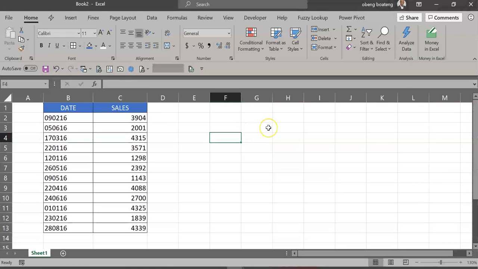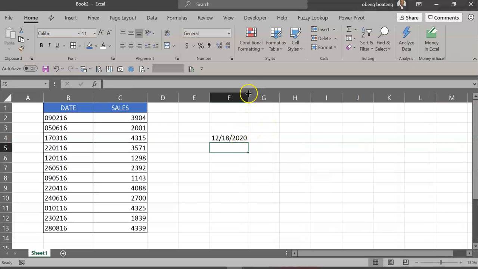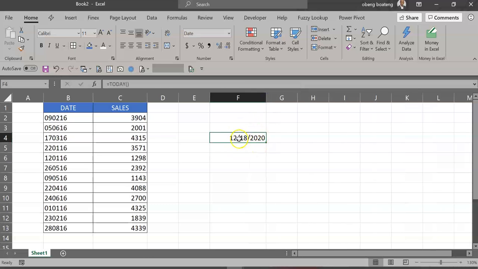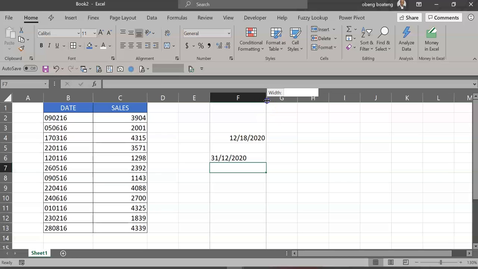Dates in Excel are essentially values or numbers. So if you have any date, let's use today's date, and you enter today's date. Because dates are numbers, they should be sitting aligned to the right. That's how Excel treats numbers. So when you enter any date, example, in my case, 31st December 2020, this date is sitting on the